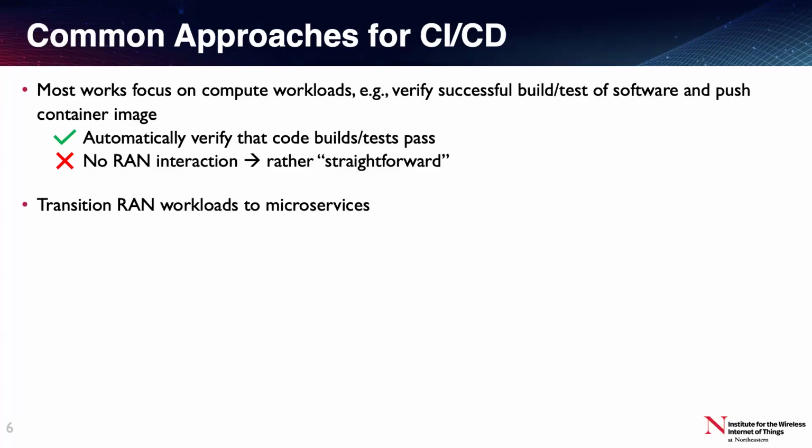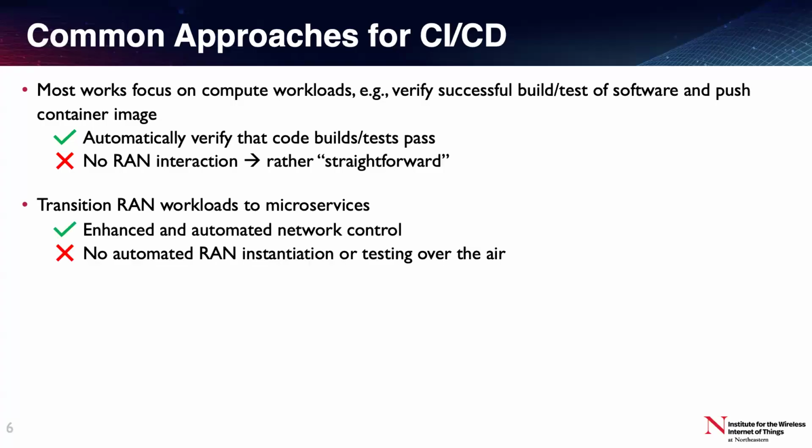Other approaches are to transition, so to move some workloads typical of the RAN into microservices. So imagine you have a single piece of software like that of the core network that can take care of different operations from user management to serving data to the users to interfacing with the base station. And now you don't want to have a single piece of software that does this, but you want to split your giant software into micro components or microservices that each one take care of a single task. So for example, a task can be user management. Another one, I want to serve the data to my user, or I want it to interface with the base